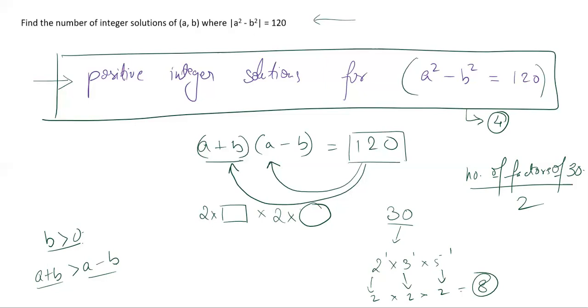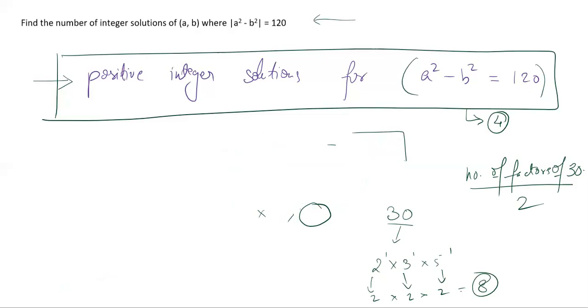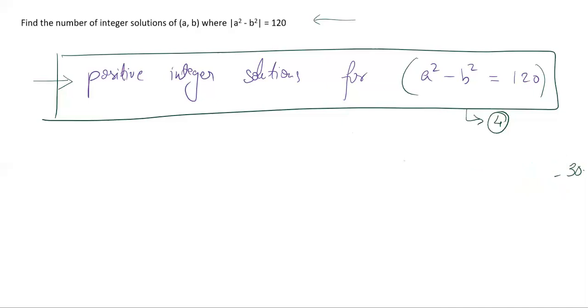So now that we have understood this, let us understand how to scale it up. We have to some extent already understood it, but let me elaborate that part a little bit more. So let me get into that equation first of all. All right. Now, first I will ignore the positive integer part. So I'll convert it to integer solutions. In order to do that, I have to take the cases of negative values also.